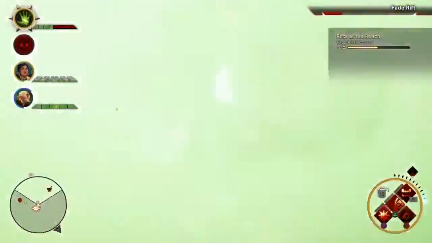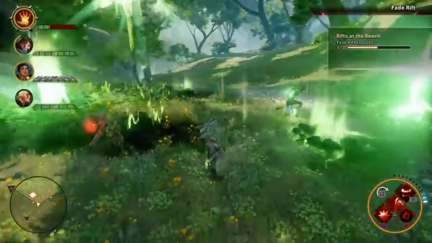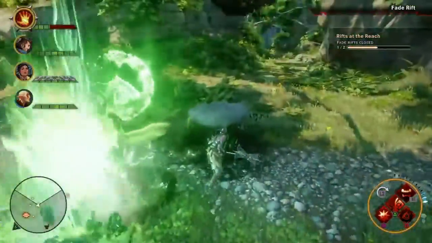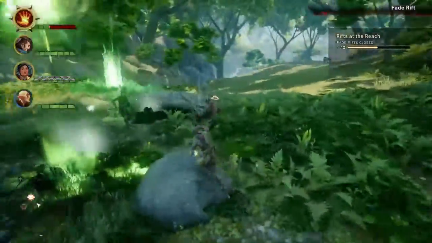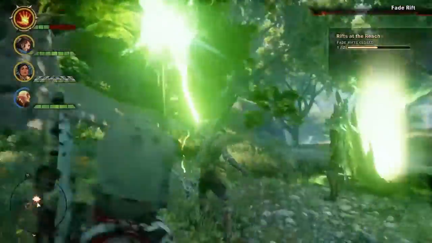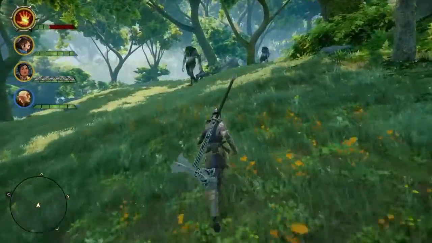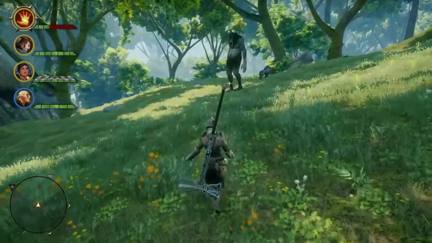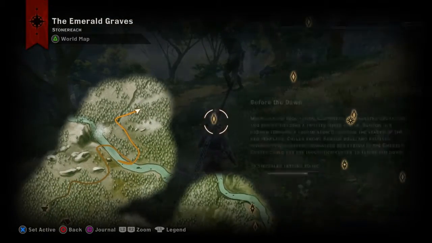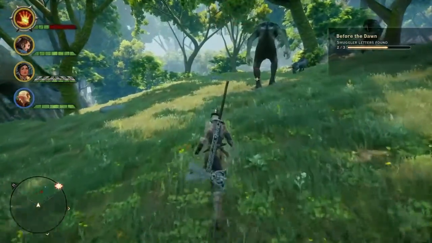Where's Varric? Are there any enemies left? I don't think so. Yeah, Varric's okay. He just had a temporary case of death. Now, we got some giants. We'll work our way generally over to this smuggler letter, but...